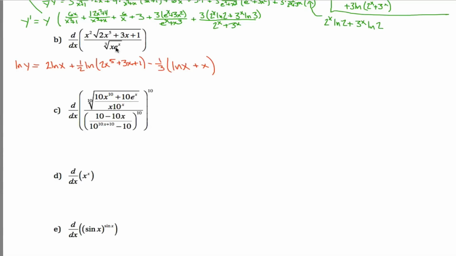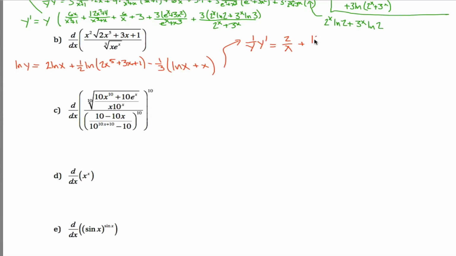And x e to the x, that's something times something, so I can apply my first log rule again. So I get the natural log of x plus the natural log of e to the x, but the natural log of e to the x is just x. Anyways, this is what you end up with here. And when you take the derivative of both sides, you get 1 over y prime is equal to 2 over x. That's 2 times the derivative of natural log of x, which is 1 over x. Plus,